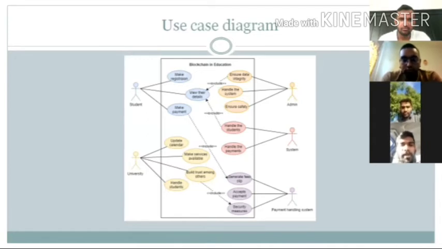When it comes to the university, update calendar, handle students, build trust among others as well. And there's a system and admin and payment handling systems as well. The system does just the handling of the students and the payments, and admin is all about ensuring data integrity, handling the system, ensuring safety as well. Next slide is all about